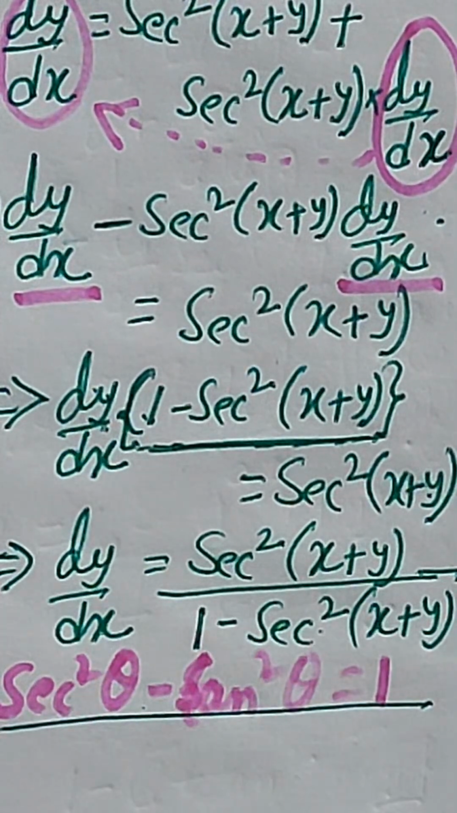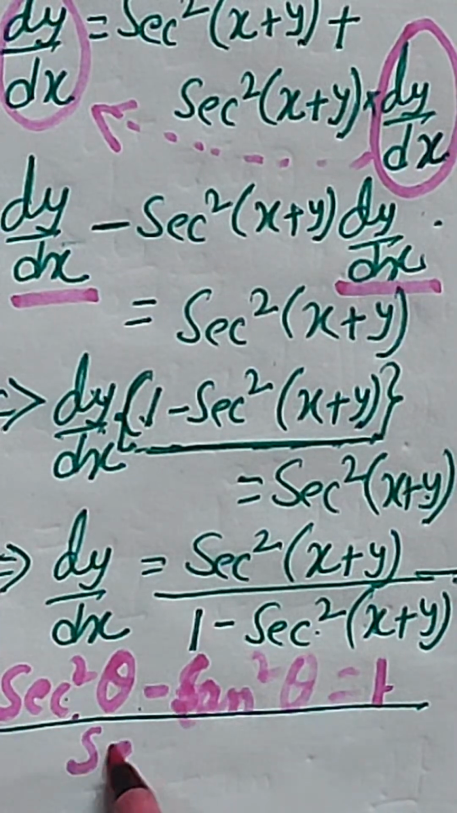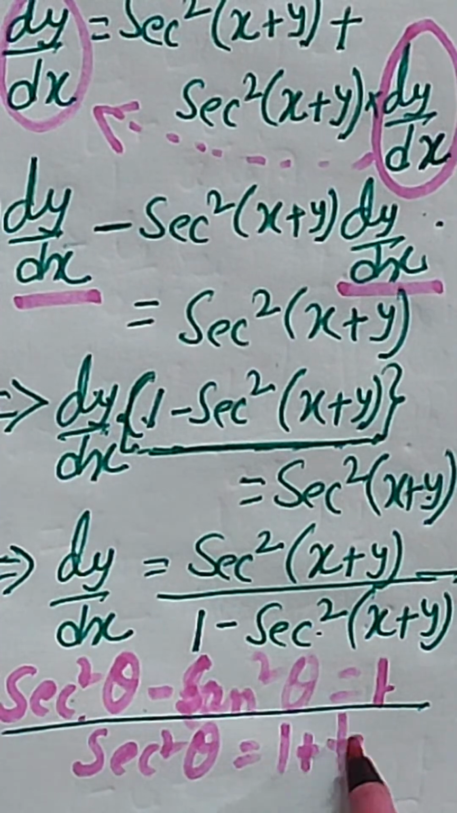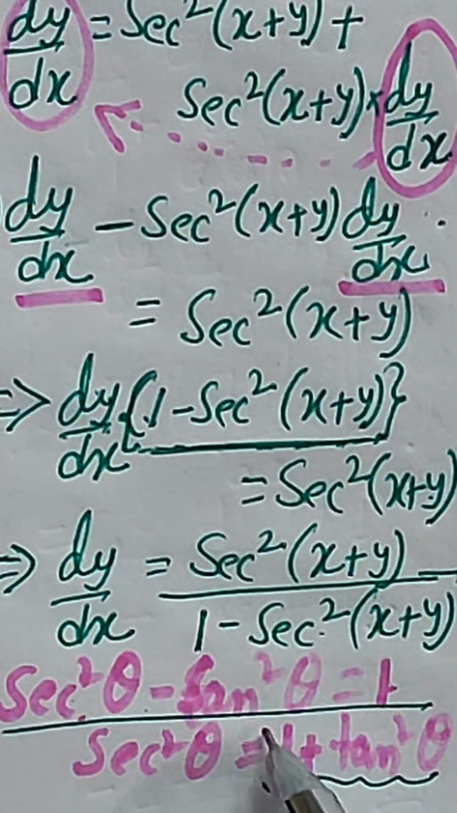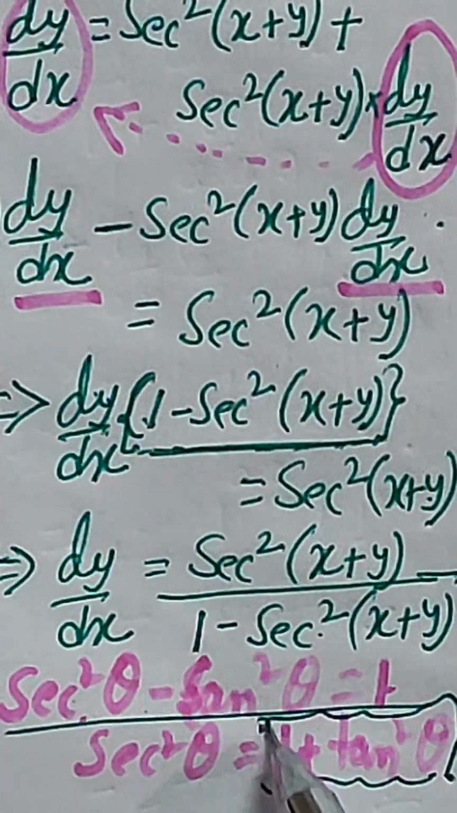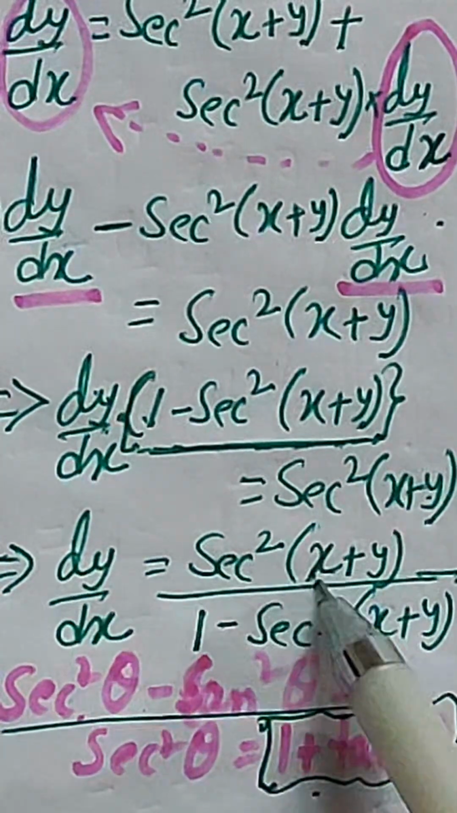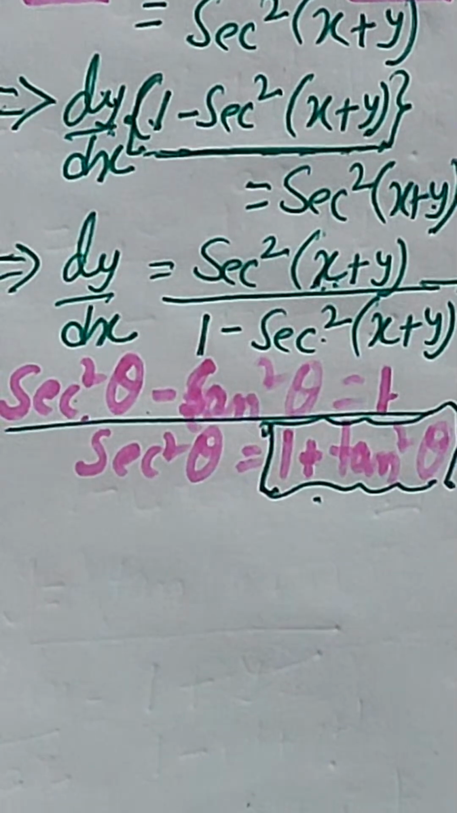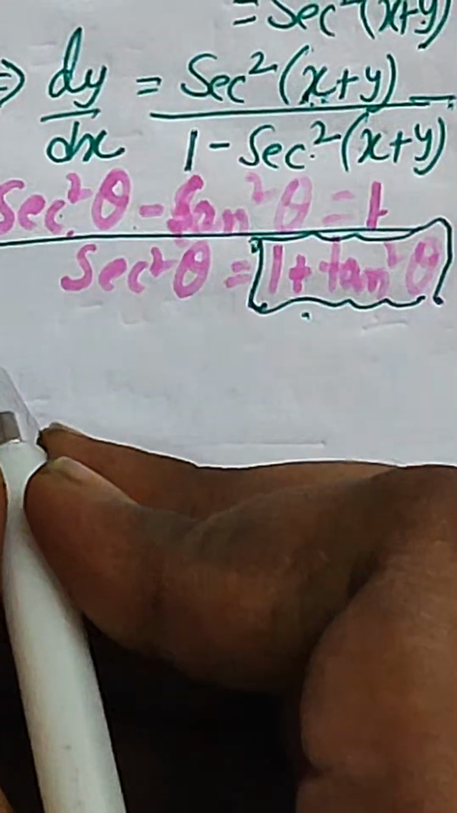So from here, we can write sec square theta as 1 plus tan square theta. Sec square theta can be written as 1 plus tan square theta. And this relation we are going to use over here. Why? I will explain. So when this will be used into the above dy by dx format, then